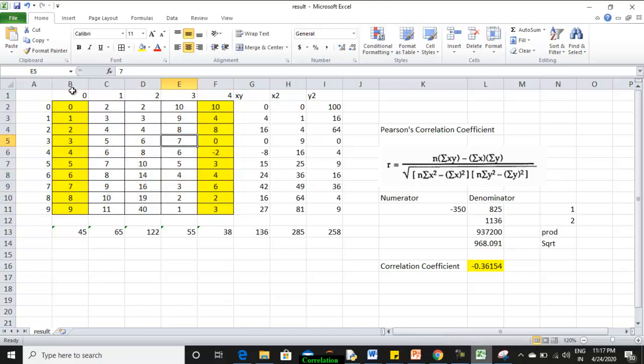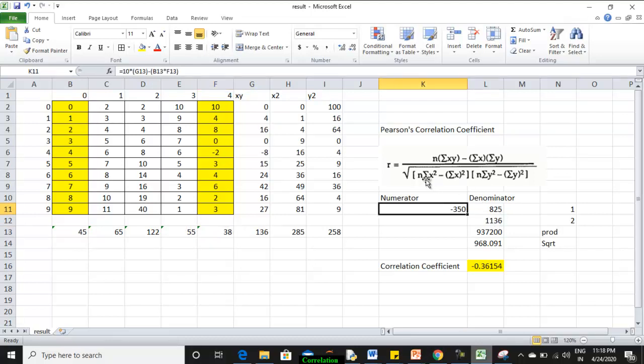So I am just going to calculate. I have just calculated and shown here the correlation coefficient calculation between attribute 0 and attribute 4. So xy is just a multiplication of this x and this y, and then x squared and y squared, and all the summations have been calculated and applied in the formula. This is the numerator, which is the total number of samples, 10 over here, multiplied by this value, which is 1360, minus the multiplication of this value and this value. So it gives us minus 350.